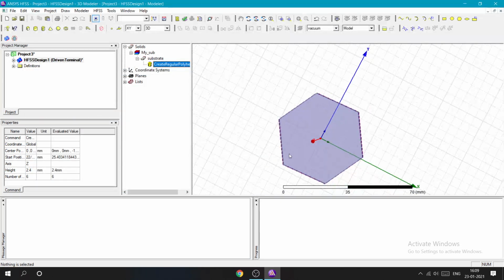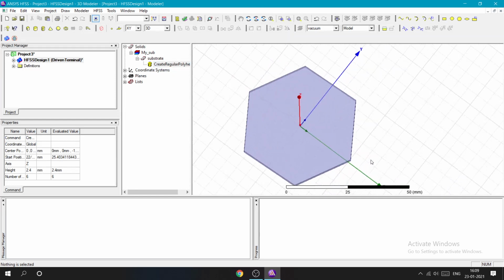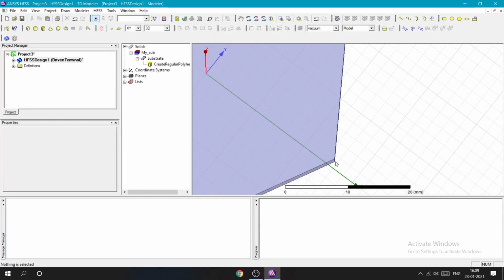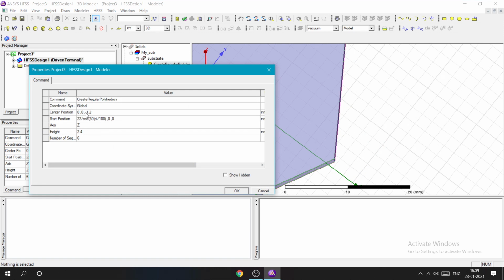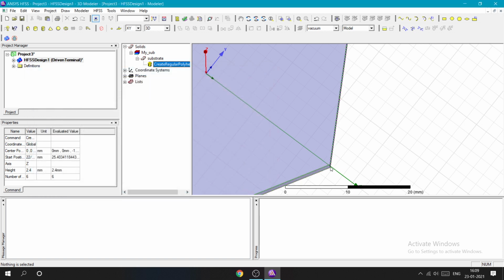Now it has been created perfectly, but we haven't checked for the correct location here, because the center is at 0, minus 1.2 for the center polygon, but the vertex is somewhere else. For the radius, only the x coordinate should change, but the y coordinate is also changing. That's why we will change it to minus 1.2 itself, because y and z should be the same, but x should vary for the radius, and the height z is fine. So yes, it's perfectly aligned.